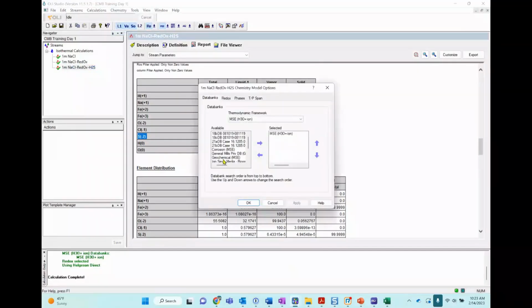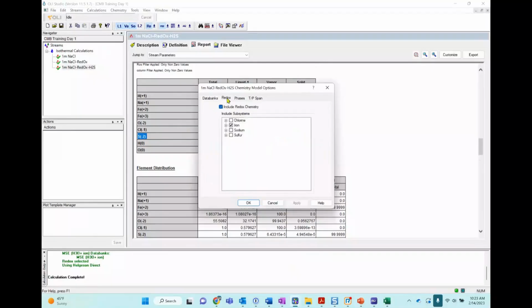And you'll see that it opens a new window where you will have access to the data banks. Yes, we have selected the MSc. Then you have redox. We know that we turn on the redox for iron. And we have three different oxidation states, elemental, +2 and +3, ferrous and ferric. We also have sulfur in the system.